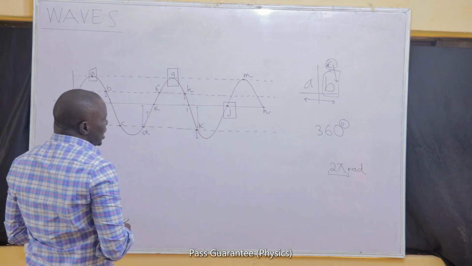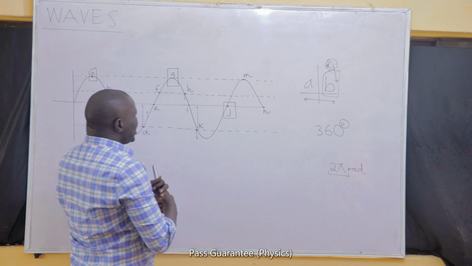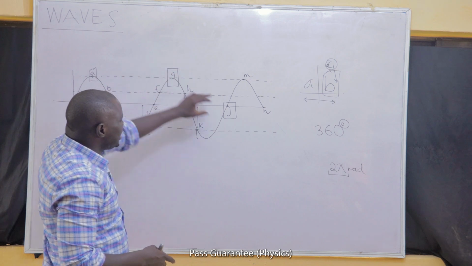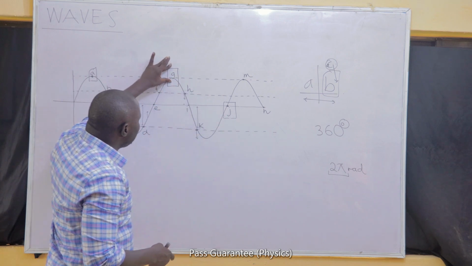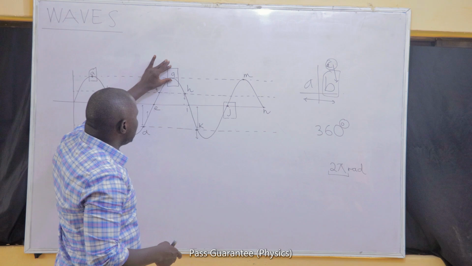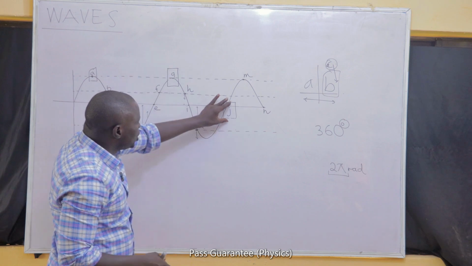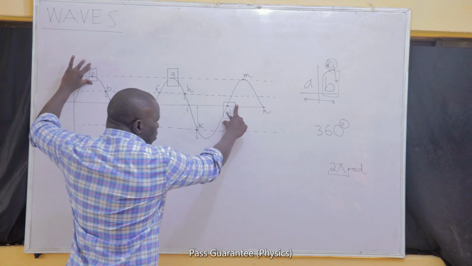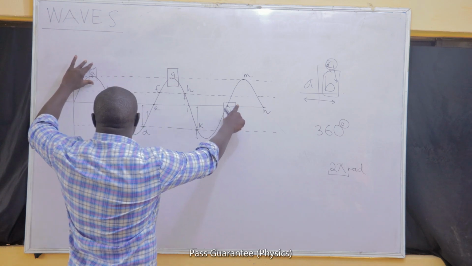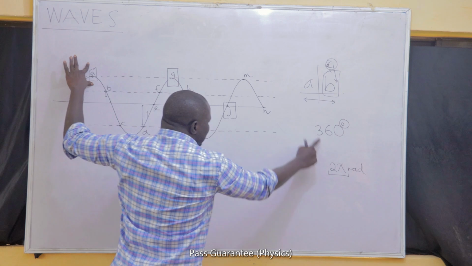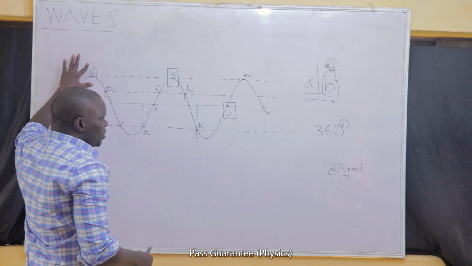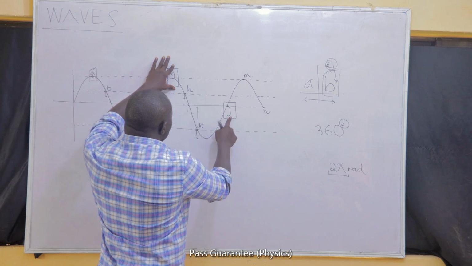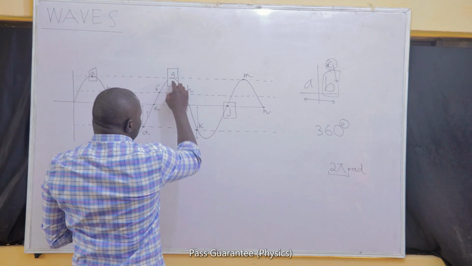So what I will do now is to count the number of cycles between the points that I've now found and the given point. So I'll find the number of cycles between G and J. Normally, I should have found the number of cycles between A and J, because that's what the question requires of me. But in that case, I will be getting something that is more than the allowable limit for this answer. So that's why I'm picking a point that is closest to J. So I will now look for the number of cycles between G and J.